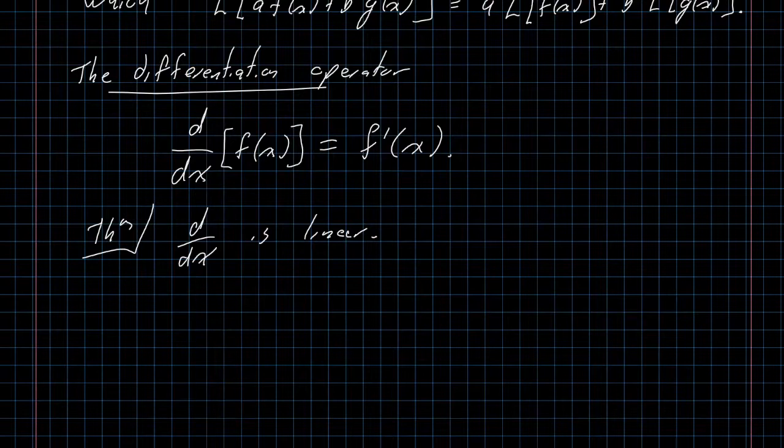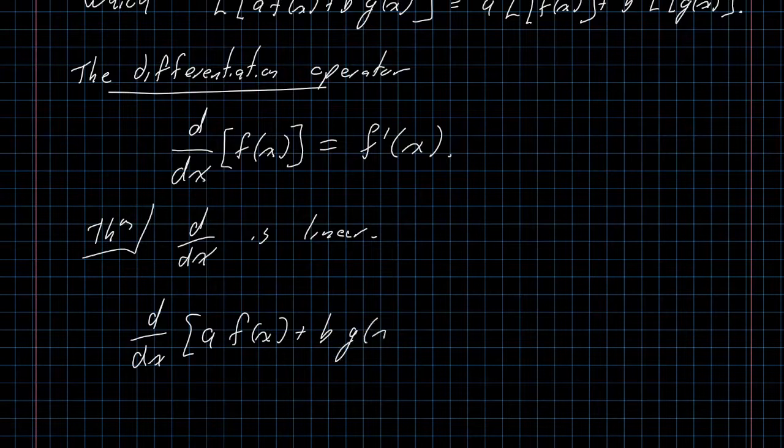And I bring all this up because this is the framework that I need in order to show you that the derivative is a linear operator. If you want to take the derivative of a linear combination, a times f of x plus b times g of x,